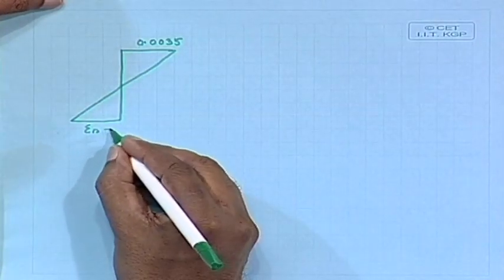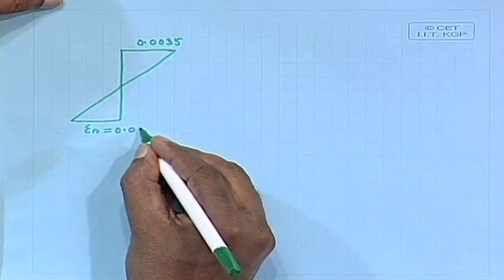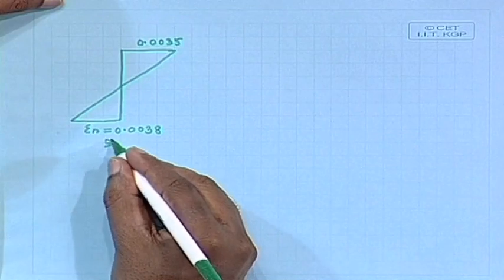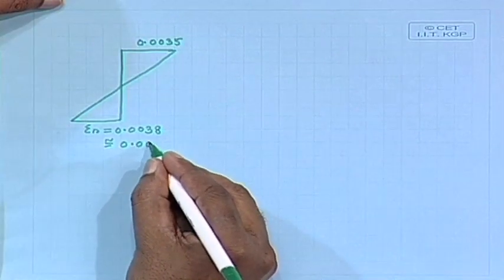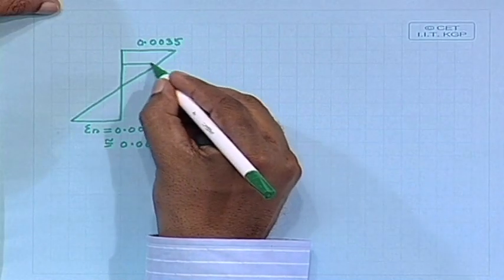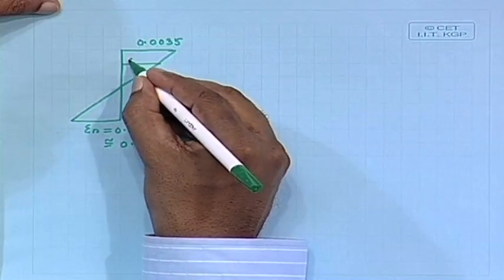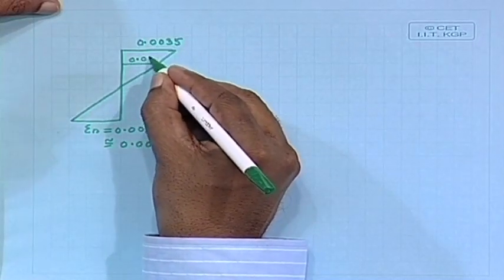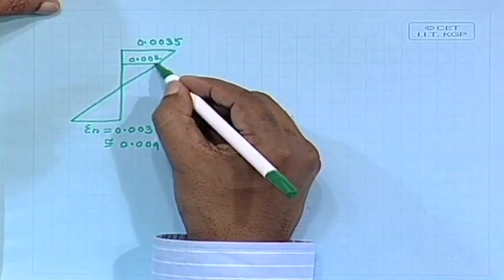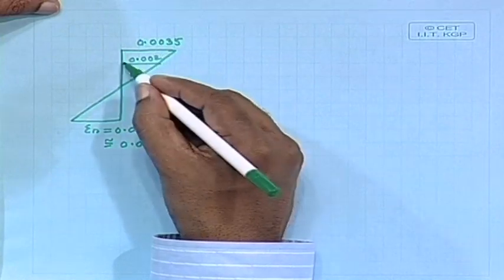For Fe 415 we shall take 0.0038, let us say 0.004. There is one place here where we have strain 0.002,